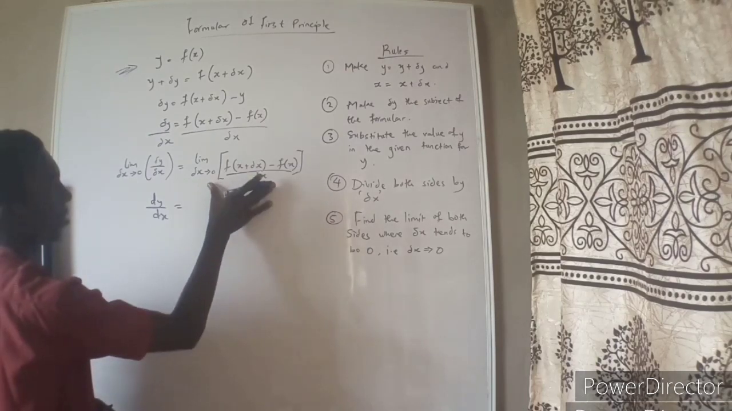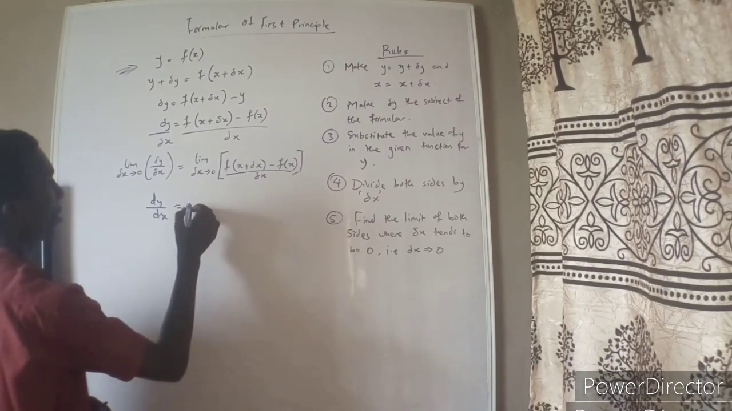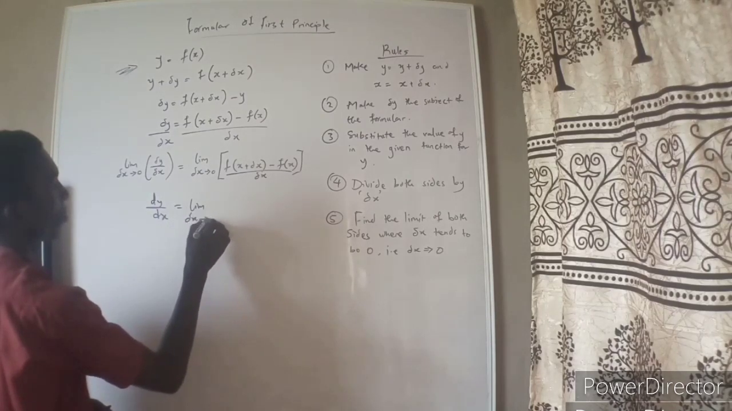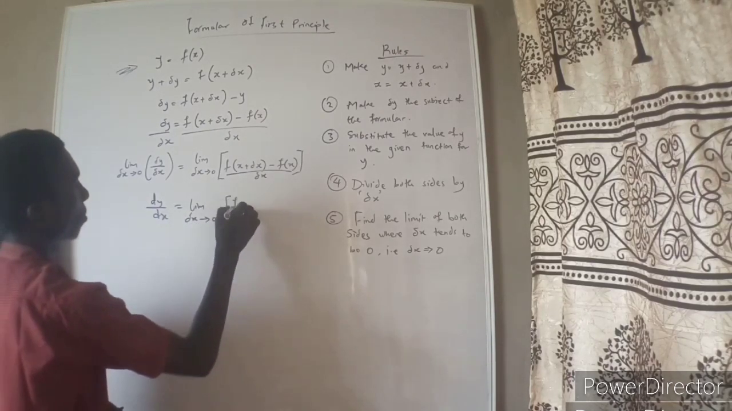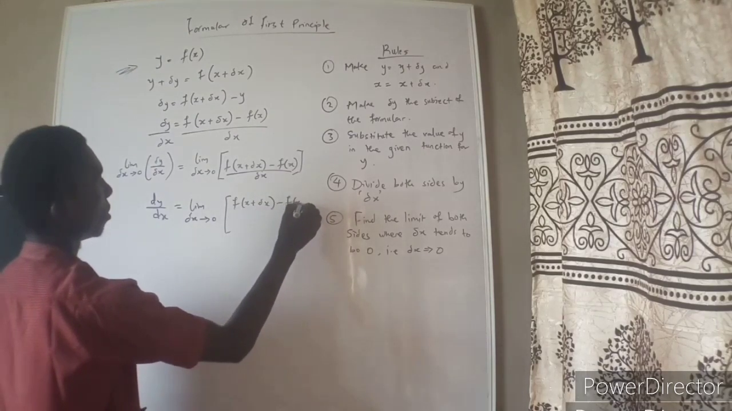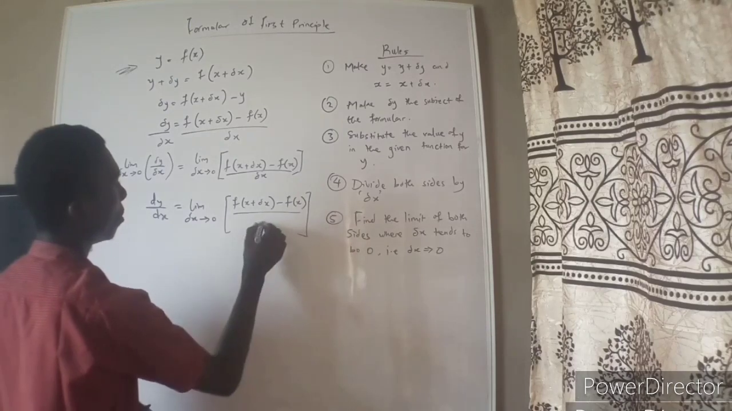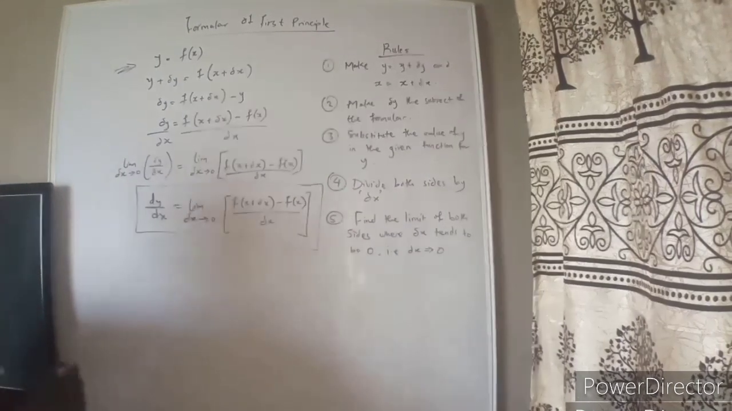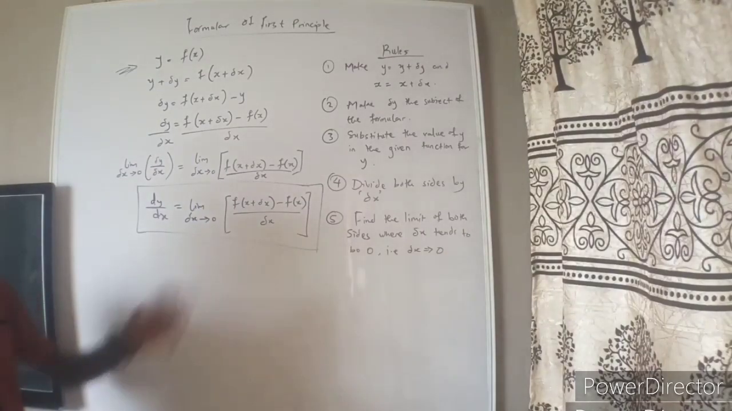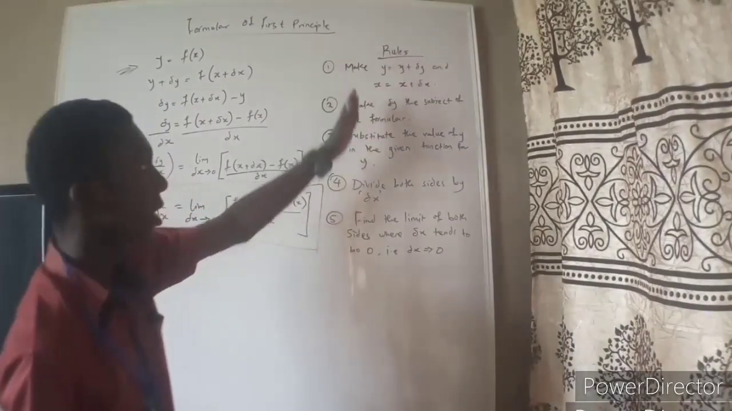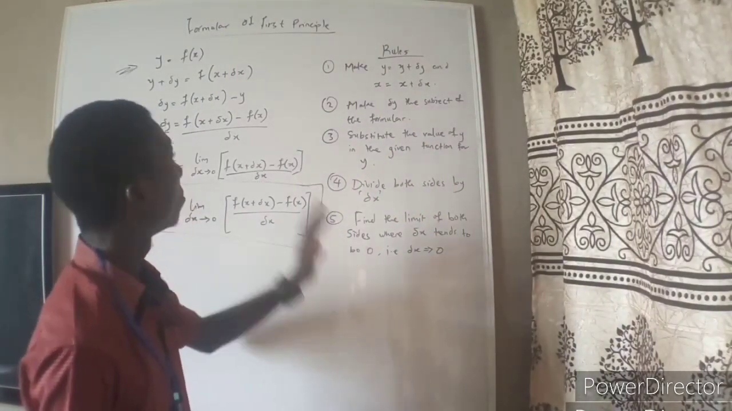So giving us the final value for this, I'll limit whatever I have here to f of x plus delta x minus f of x all divided by delta x. So this is the formula for finding the first principle. So let's just look at an example. And these are also the rules that will guide you in using the method of first principle